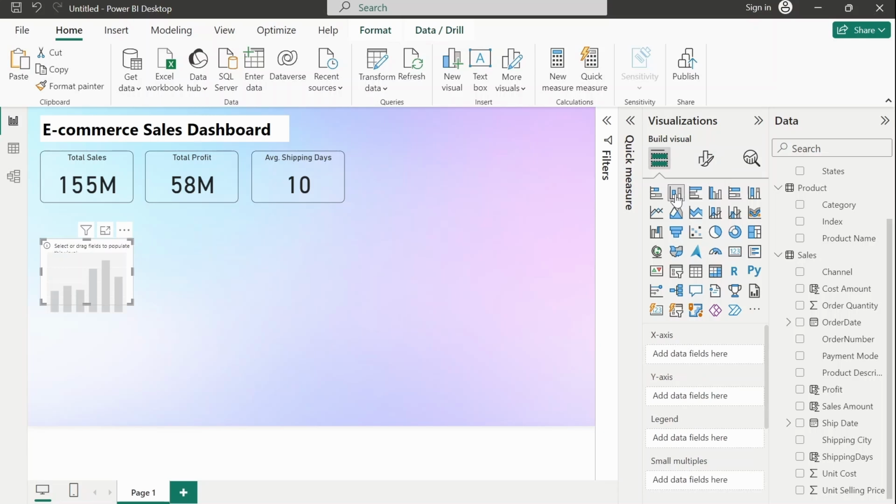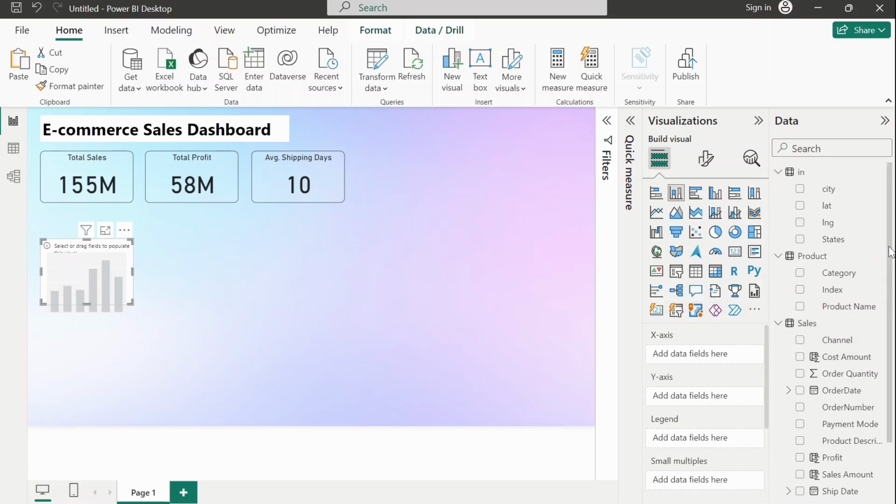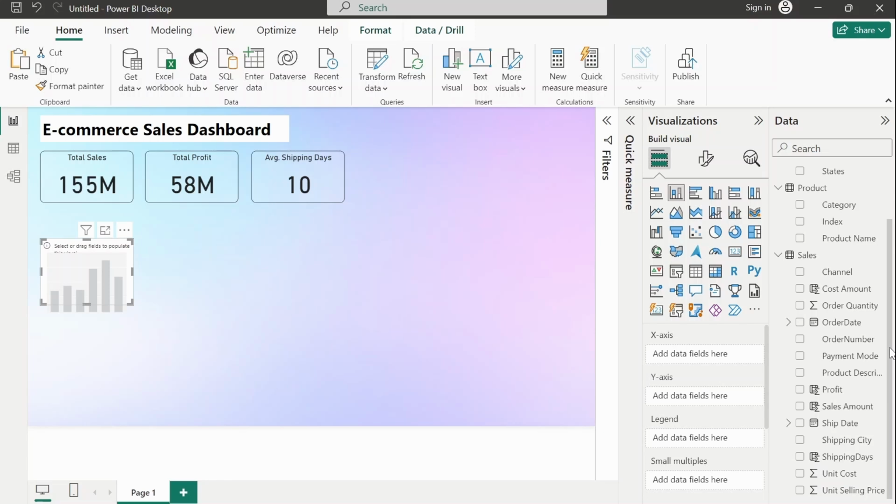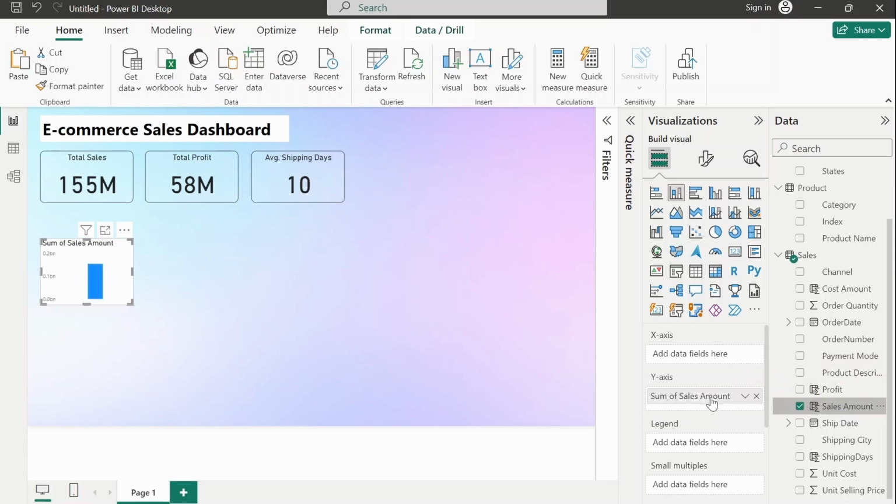In this stacked column graph we can add maybe sales amount as our y-axis, because we want to show the sales corresponding to order days. So we can pick order days as our